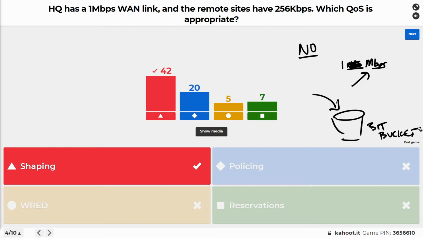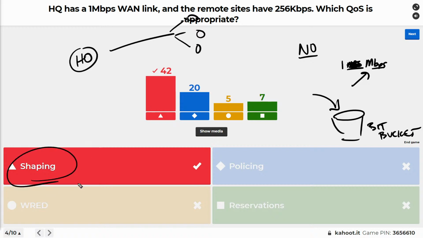So if we had a headquarters site and we had several remote WAN sites out there, why wouldn't we want to just delete the extra traffic? It's because we care about the traffic. We don't want to delete anything, but we also need to slow the traffic down, and that's what shaping does for us. So traffic shaping, QoS shaping, is about queuing up and slowing down the traffic, but we're not dropping it, where policing, once we get above a certain limit, it's going to go ahead and just do a drop.